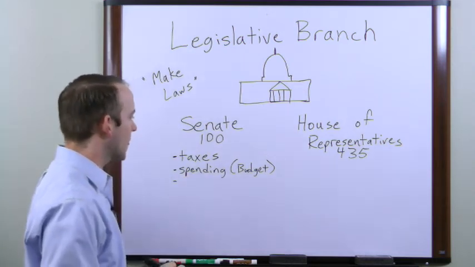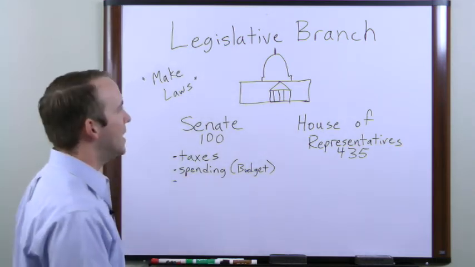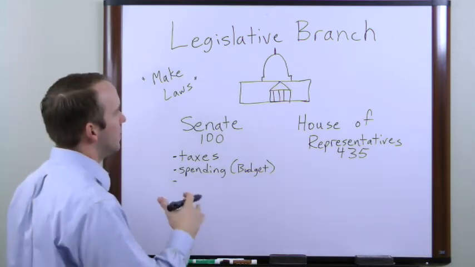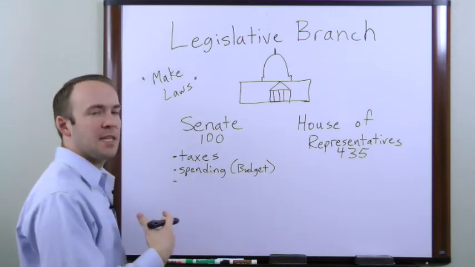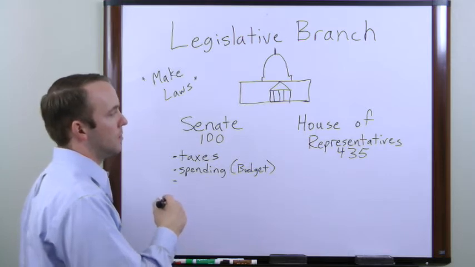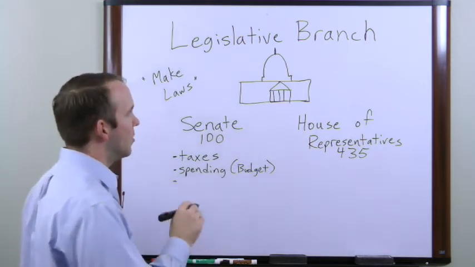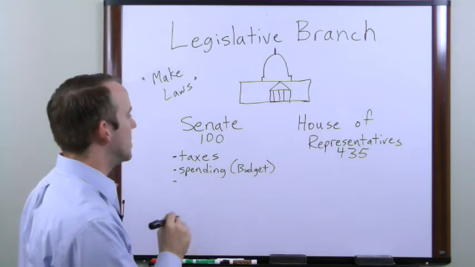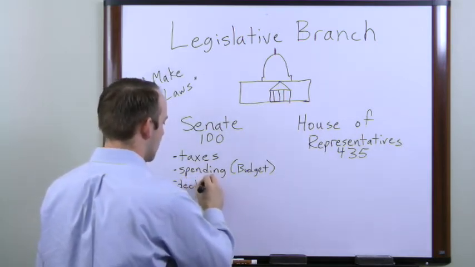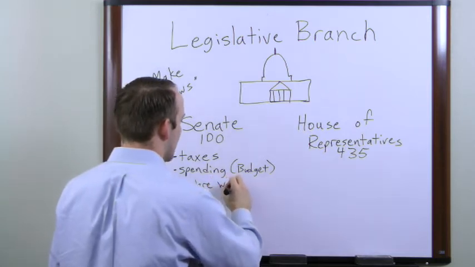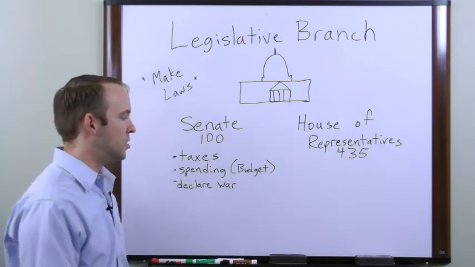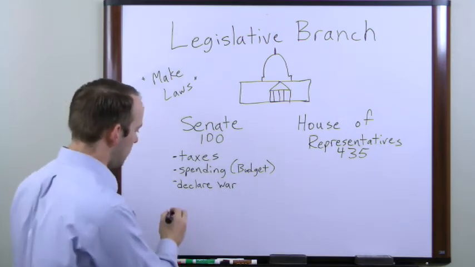They can declare war? Congress is the only body that is authorized to declare war. I know in recent history, it seems that presidents have just been taking executive powers under their own authority and effectively declaring war, but Congress is authorized by the U.S. Constitution to declare war. And so, for example, in World War II, it was Congress that voted to declare war on first Japan and then Germany as we got into World War II. What else?